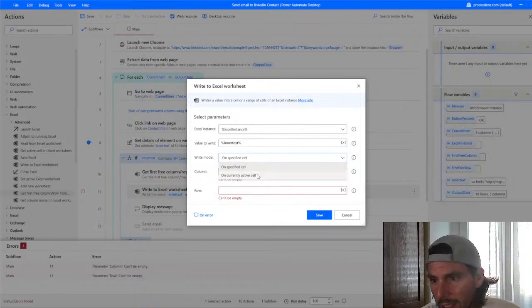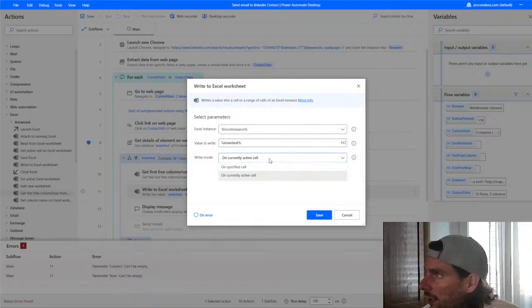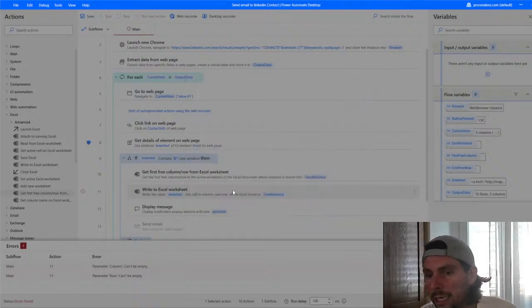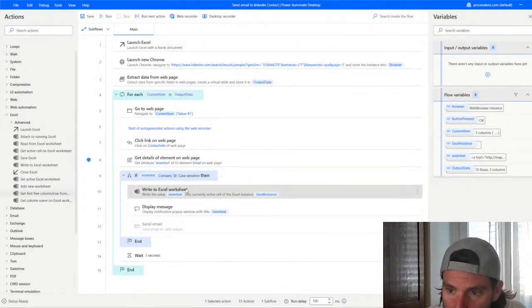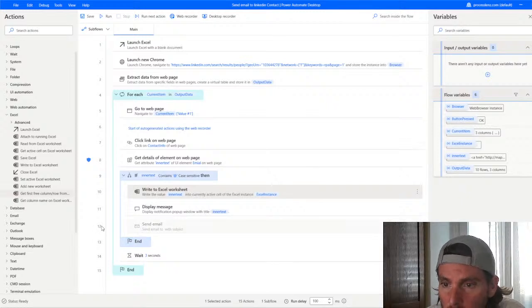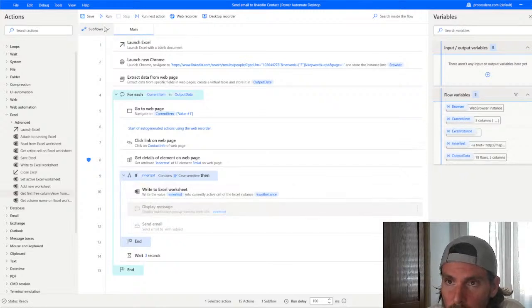On the currently active cell, we can also do it like that. Let's try. The fewer steps the better. Let's see if this is going to work. So we don't need this anymore. We know that it is working, so now we're going to look in our Excel sheet and see if it is going to be filled out with the